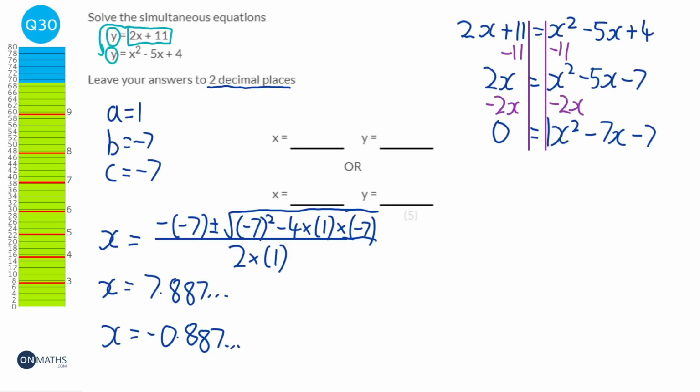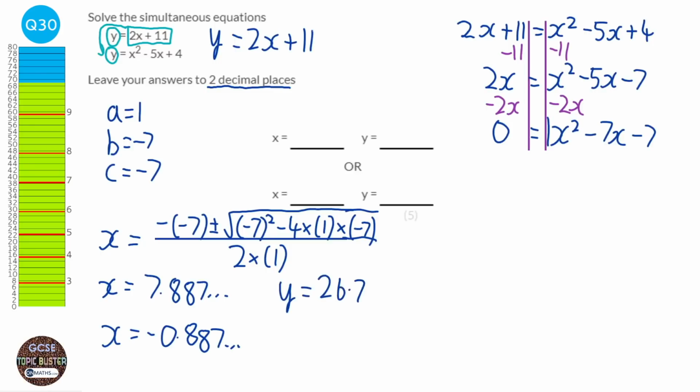But when we solve, we've got to find out the x and the y values. So we look at this first equation here, which says y equals 2x plus 11. It means to find out what y is, all we need to do is times it by 2 and then add 11. So I'm just going to do that with the first solution we have, so 7.887, blah, blah, blah. I'm going to times it by 2 on my calculator, and then plus 11. And that gives me the answer of 26.774, blah, blah, blah. Then I'm going to do that with the second solution we found, so minus 0.887, blah, blah, blah. Go times it by 2, then add 11, and that gives me